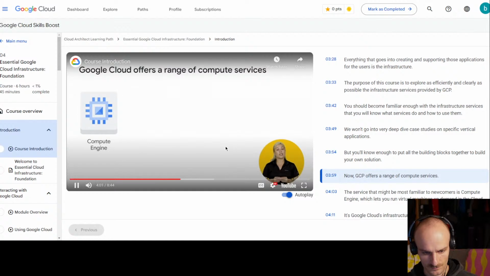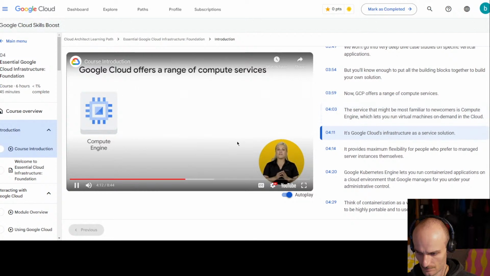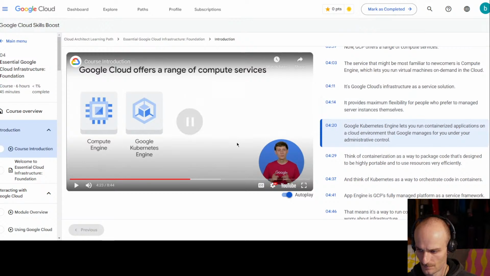Now, GCP offers a range of compute services. The service that might be most familiar to newcomers is Compute Engine, which lets you run virtual machines on demand in the cloud. It's Google Cloud's infrastructure as a service solution. It provides maximum flexibility for people who prefer to manage server instances themselves. Google Kubernetes Engine lets you